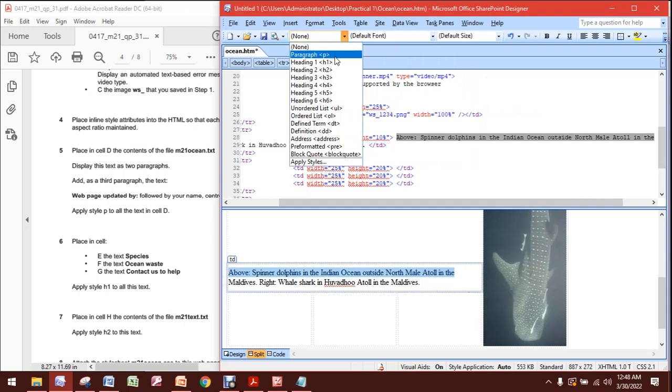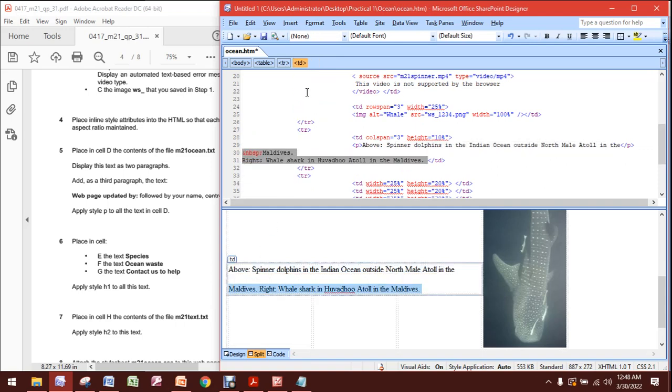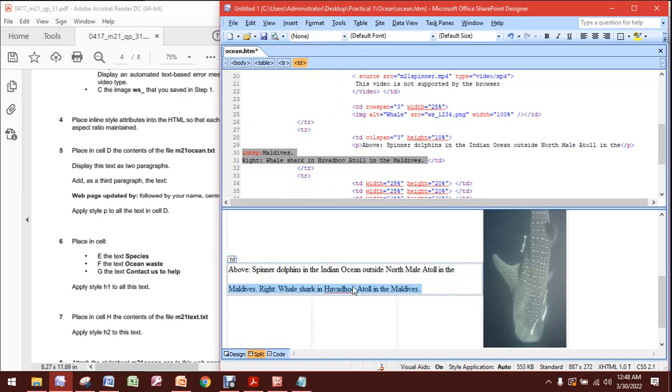Sorry, right. I'll do this one as a different paragraph, and I'll highlight the second one and put it as a second paragraph. If you see on the notes, on the codes, that